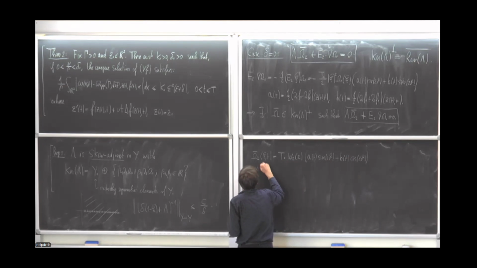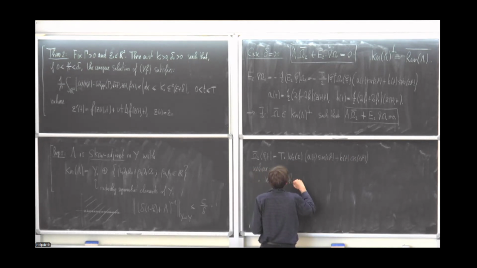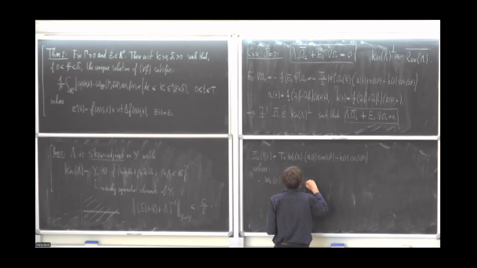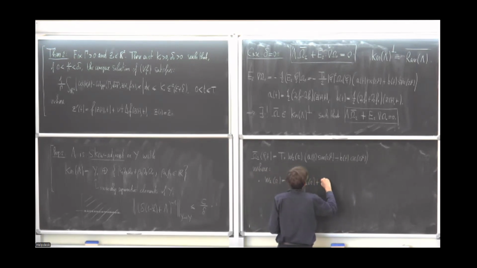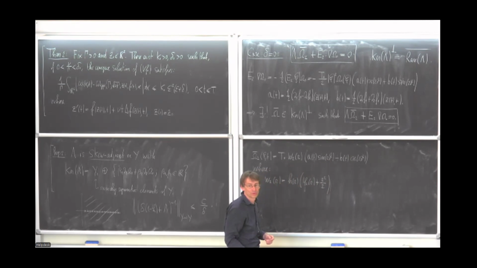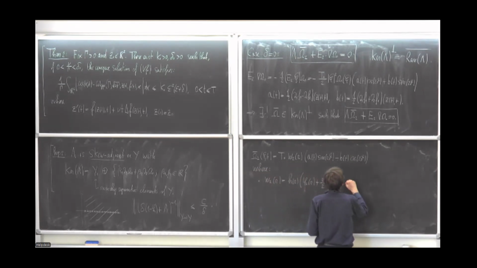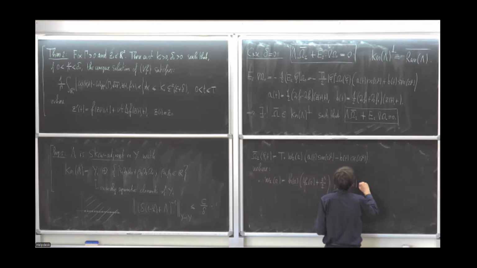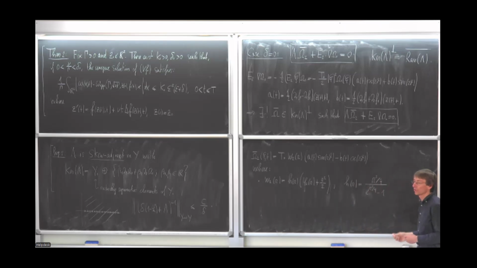Okay, so W2 of R is the function defined by H of R times phi 2 of R plus R squared over 2. Now I have two new functions to define. So H of R, fortunately, is explicit. It's R squared over 4 divided by e to the R squared over 4 minus 1. An excellent function, okay? And phi 2 of R